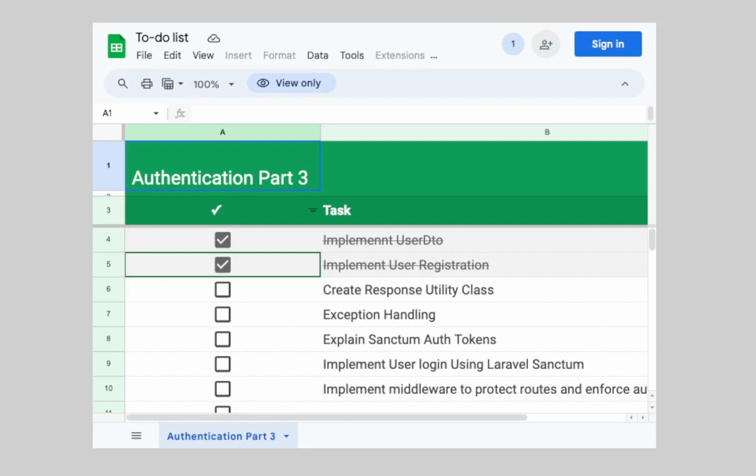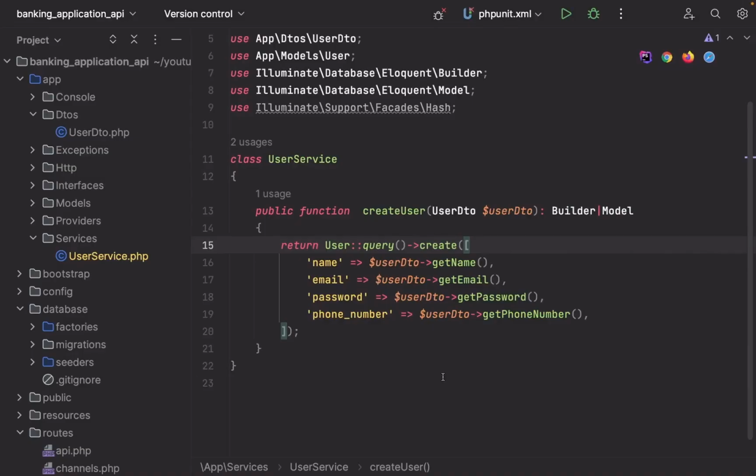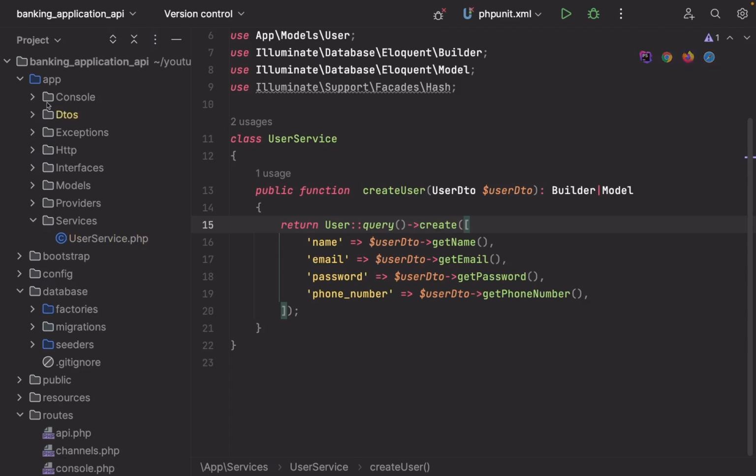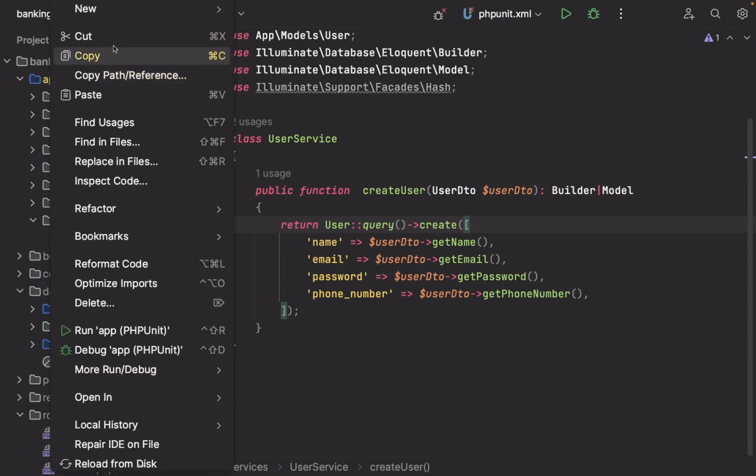So basically, that's what I will be putting us through today, how to create a utility response class that we can use to send data in our banking application. The method we'll be using is to create a response trait that we can use across all controllers, so you can easily call the methods in the controller. If you don't know much about PHP traits, I will advise you to look that up. So the first thing I'm going to do now is create a folder,